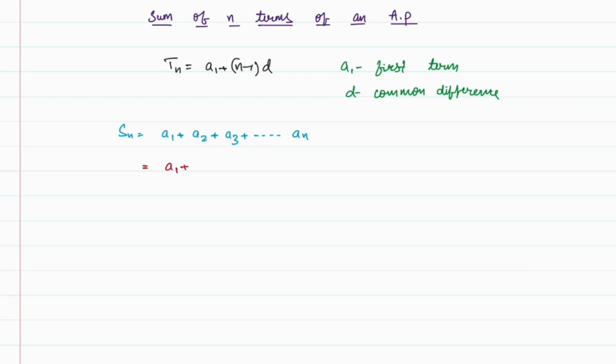So this will be a1 plus a2 will be a1 plus 2 minus 1 into d plus a3 will be the third term, which is a1 plus 3 minus 1 into d plus so on up to the nth term will be a1 plus n minus 1 into d. Now here you can see that we have a1 in the first term and also a1 in the second term and a1 in the third term and so on up to a1 in the nth term. So we are adding a1 n times because a1 is present in all the n terms. So that will be equal to n into a1 plus,